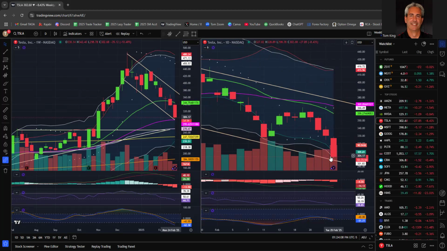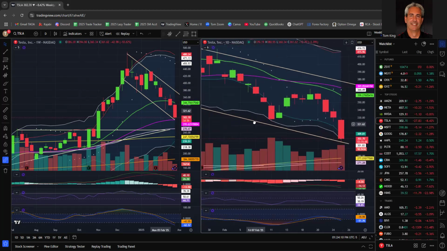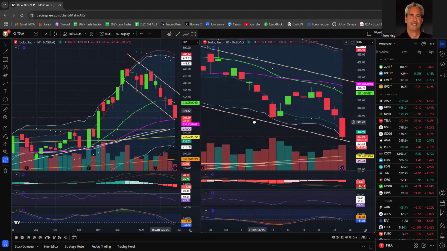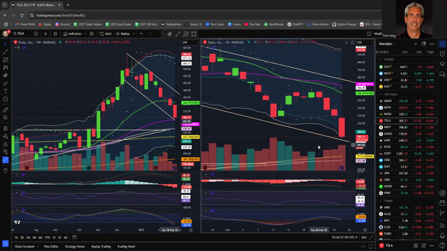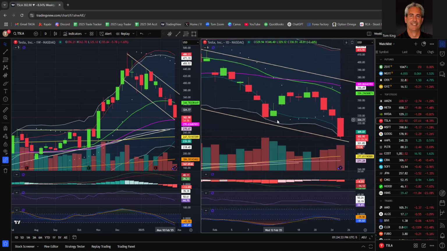I'm not calling that channel a perfect spot to get in. And then we've got all kinds of, I think, support around this 270-ish area. So we could still head lower, but we're now oversold. Now we can get more oversold on the RSI, but RSI is oversold. I think this thing may have a little bit more short-term pain before it reverses. I wouldn't do anything here